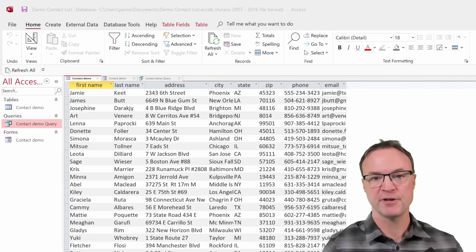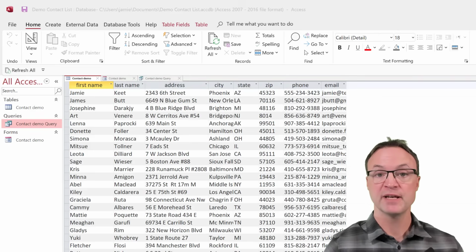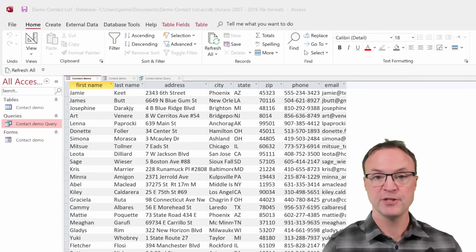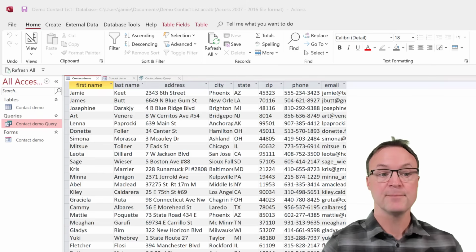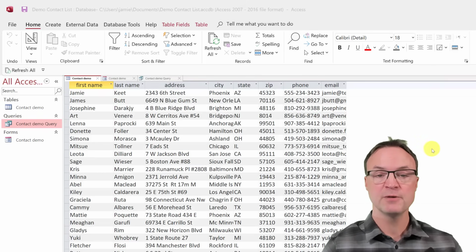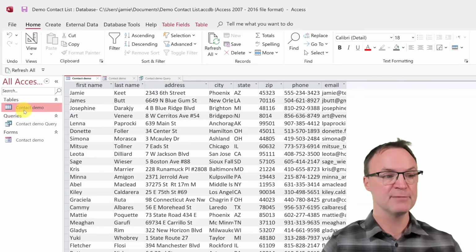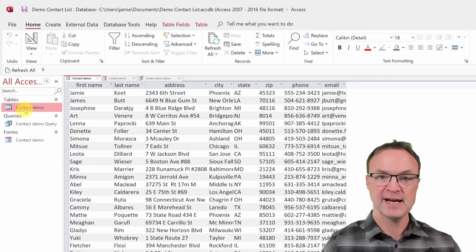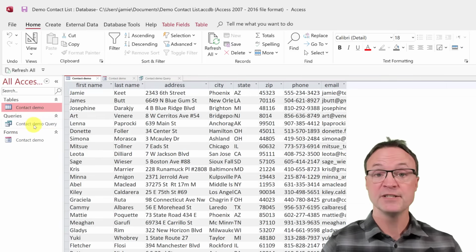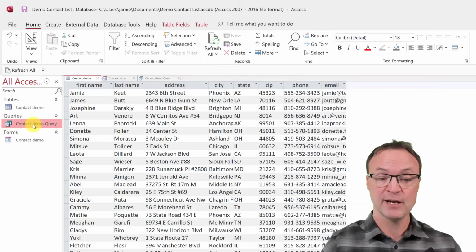So to end this tutorial today, I want to show you how you can create a report. And so you could use this for printing, or maybe you wanted to send it to somebody as a PDF, but they're quite simple to do. And usually what we're going to do is base it upon a query that we created. So I wouldn't go to the table and create a report off of that because if you had thousands and thousands of names and everything, that wouldn't make much sense. But what I would do is go to a query that I had got the specific information that I wanted,